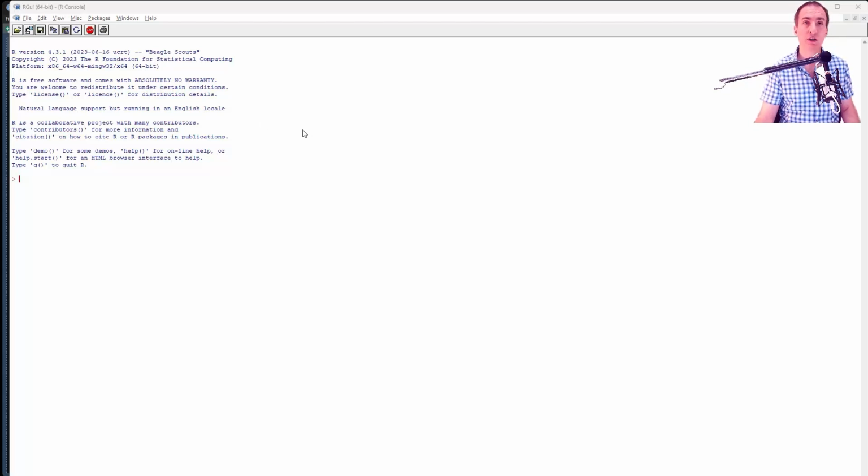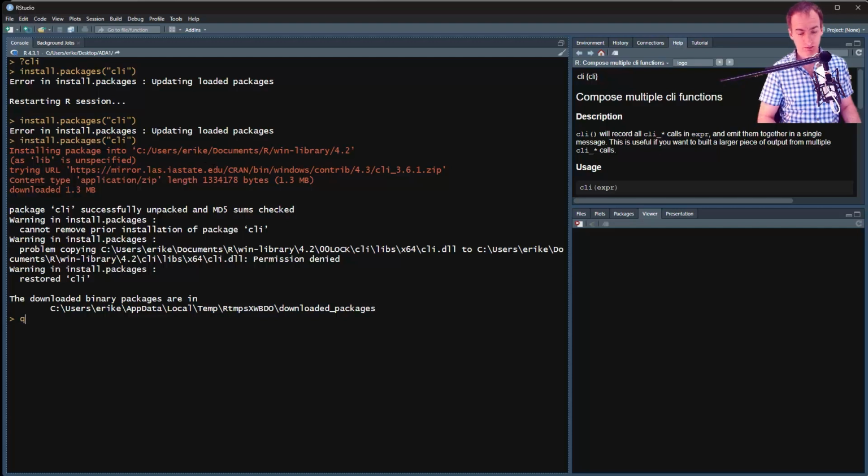And with this version of R, I do have to close RStudio so that this package is no longer in use. Okay, but we're effectively going to do this install.packages of the CLI package. Okay, that's what we're going to do. So we're going to close RStudio. Q is a way of quitting. You can also just close with the X. Okay,